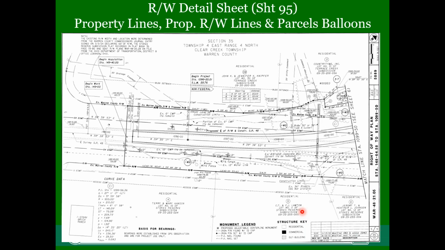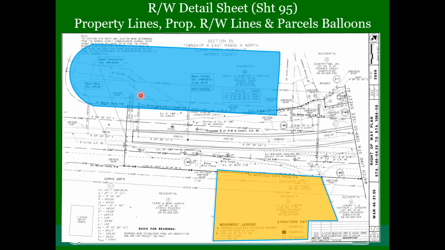Then what I would do is start identifying all the different property owners and the boundaries of their property. So what I've done here is I've highlighted parcel number 5. I'm not going to do all of them. I picked out 3 on this sheet. So I've highlighted parcel owner number 5, owner 3B in blue. Basically it follows the property lines and right-of-way lines all the way around. And then this is property owner 3.